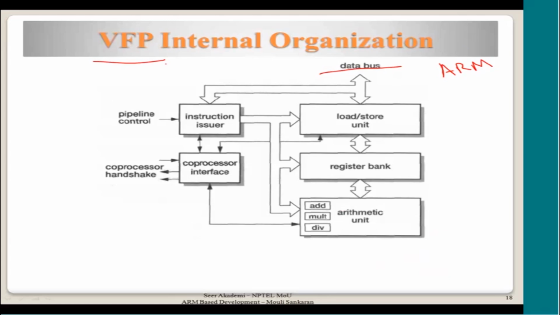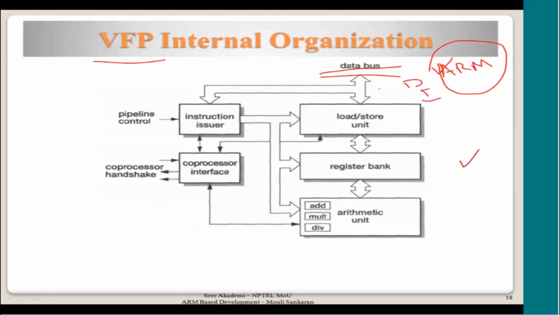No, there should be an ARM in it. Okay, and then this coprocessor can be an add-on to that. Okay, and then with the help of ARM, the coprocessor can do its job. So the data bus is common for both getting data from memory as well as instructions from